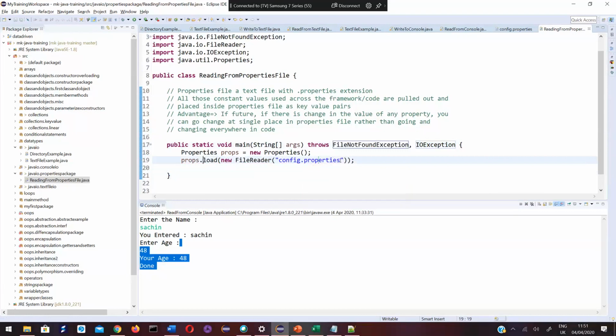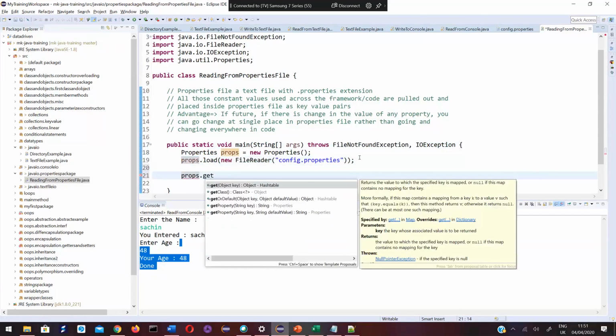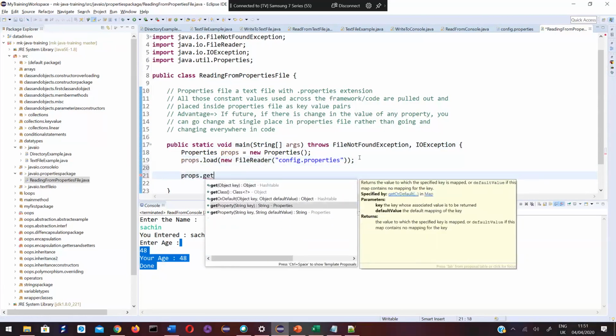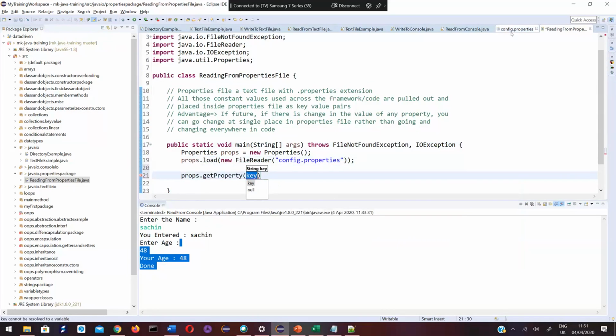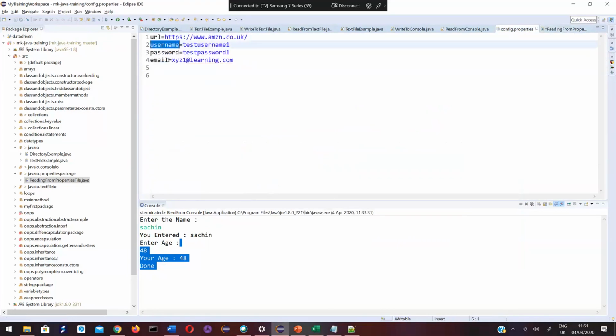So in this step, we are loading all the properties into this properties object. Now from now onwards, if I want any property, all that I need to do is props dot getProperty. I need to pass the key. I told you, right? The value on the left side is key. So this is key, this is value. I want URL, let's say.